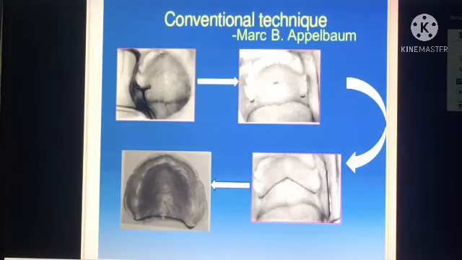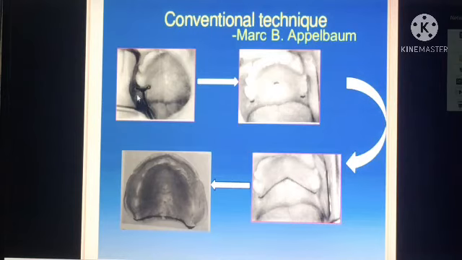Applebaum. This technique is done once the secondary impression is recorded and the master cast is poured. So basically what we are doing in this technique is we are marking the hamular notch, anterior and posterior vibrating lines intraorally, and we are transferring it into a trial denture base, and from there to the master cast, and with the posterior palatal seal recorded in the master cast, we are doing the scraping of the master cast and fabricating the denture over it. So as you can see in the first picture, the hamular notch is being identified using a T-burnisher.